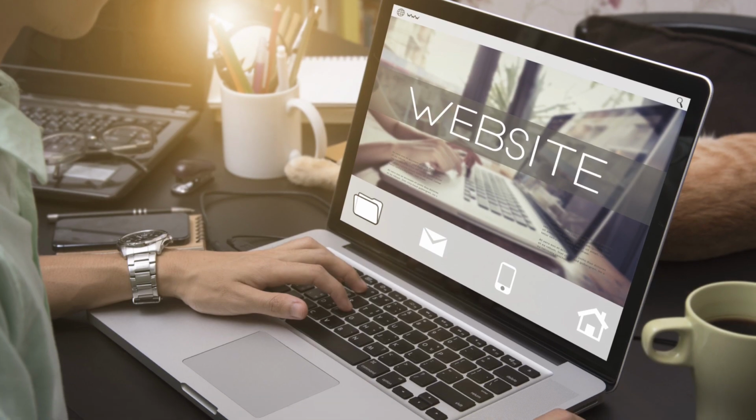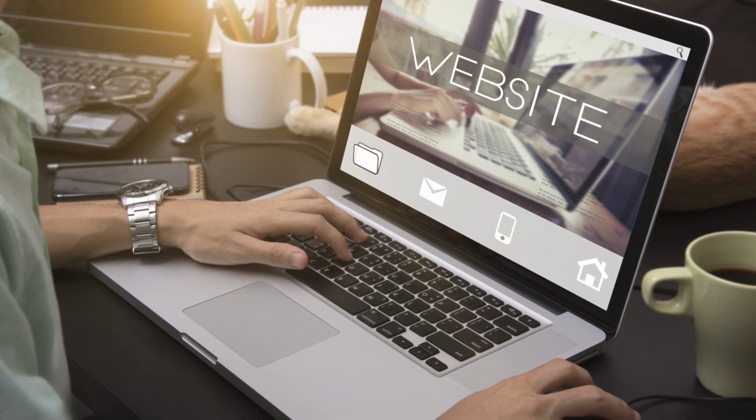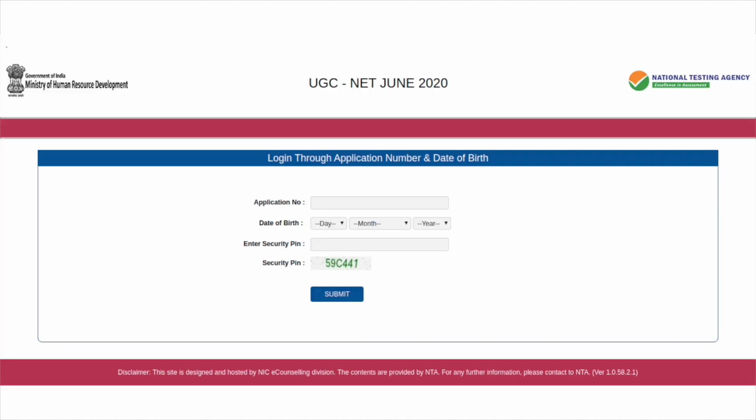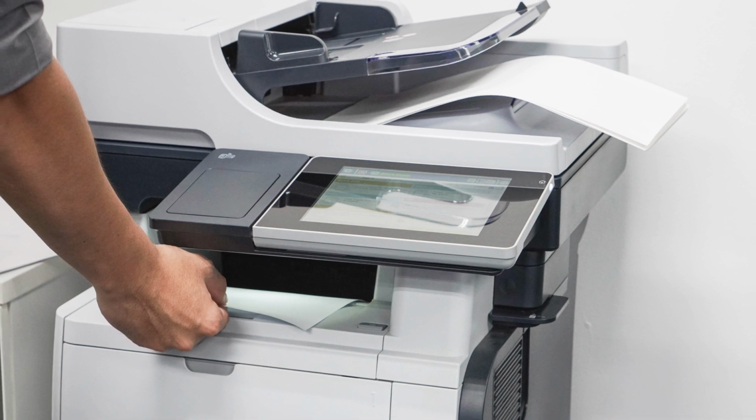First, visit the official website of UGC NET. Click on the link available for UGC NET admit card. A new page will open on the screen. Enter your application number, date of birth along with the captcha code in the box provided. You will be directed to a new page wherein all your details will be mentioned. Now, click on the page Download Admit Card. The admit card of UGC NET will be displayed on the screen and candidates will have to take its printout